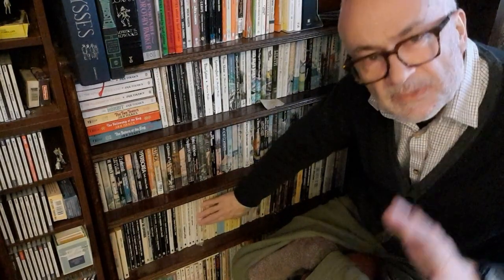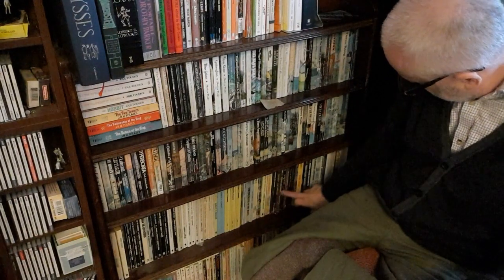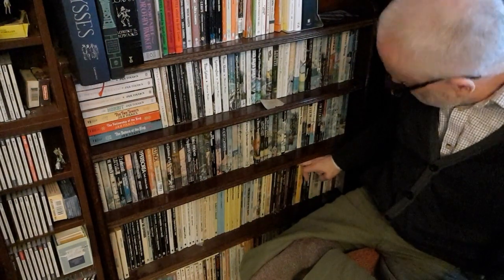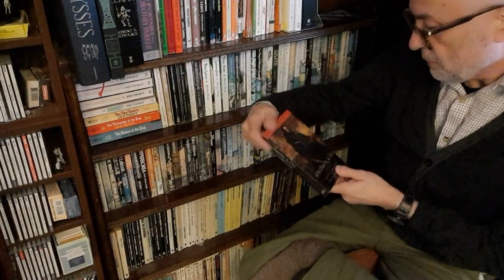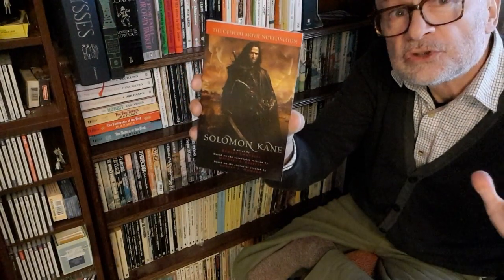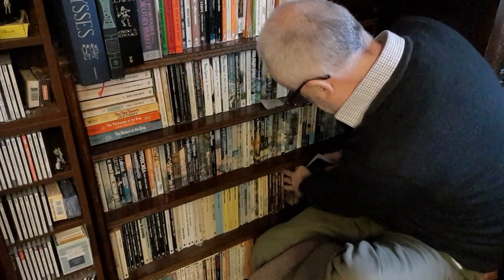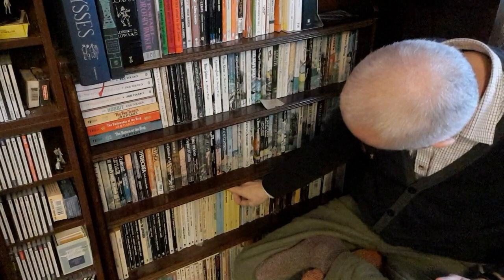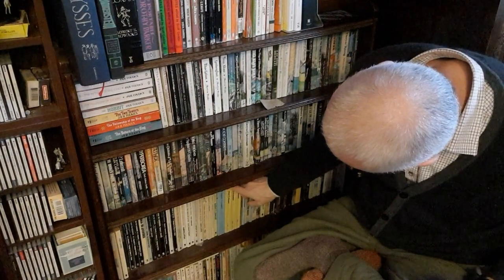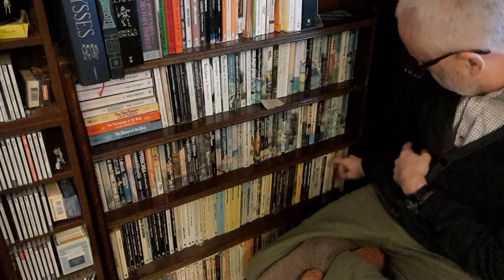Then I've basically got more Robert E. Howard and more, there were some pastiches of Howard characters by other writers. That takes us all the way along to a recent one, Ramsey Campbell's novelisation with additions of the Solomon Kane movie. Yep, various items there, and then we get into